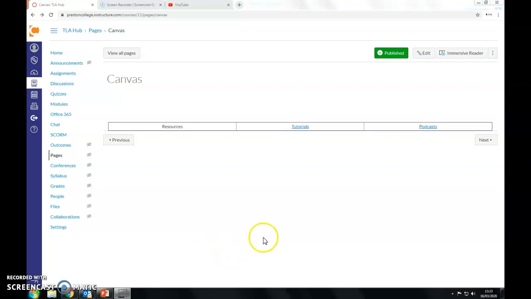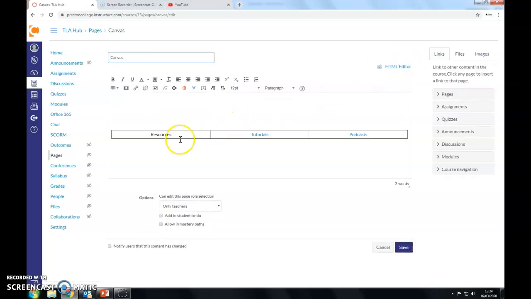Okay, so we've got a basic page set up here on Canvas, and you can see I've got a link to my tutorials page and a link to my podcast page. I also want a new page called Resources. So what I need to do to create that page is go Edit, highlight the word Resources,